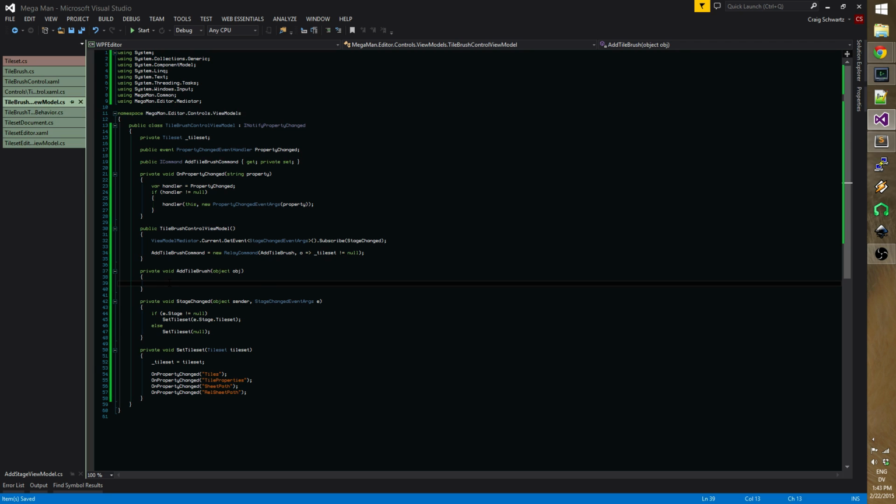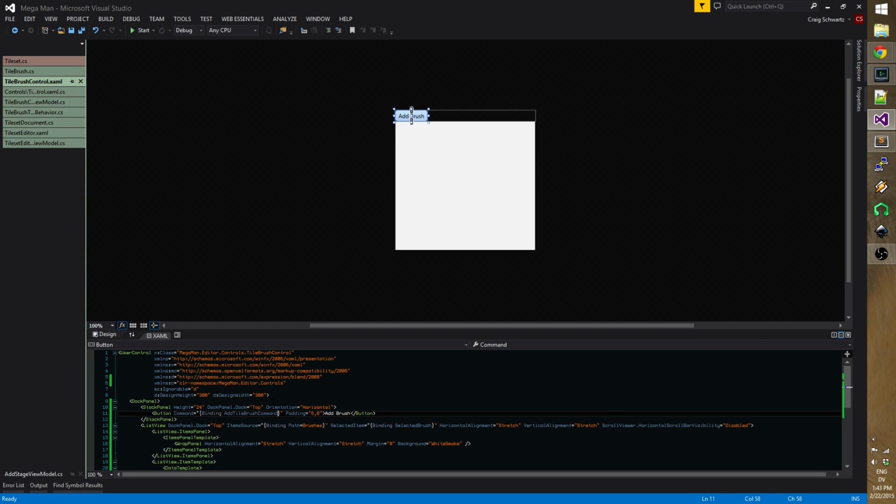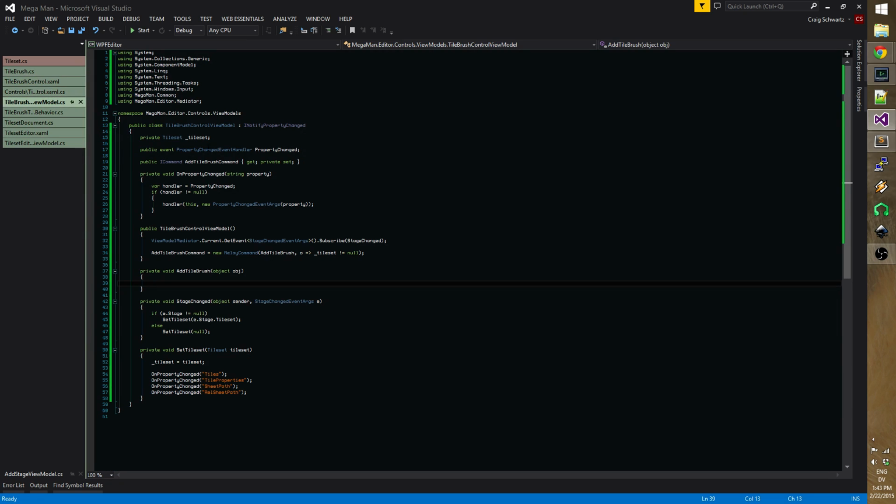Oh, that's where I was looking. I know that the control needs to display all of them. The binding for the item source is just called brushes, and let's say file brush control view model. Brushes. That's all garbage. The brushes property